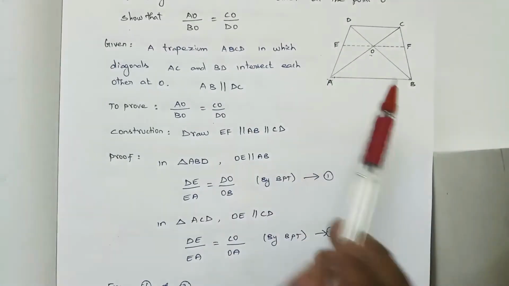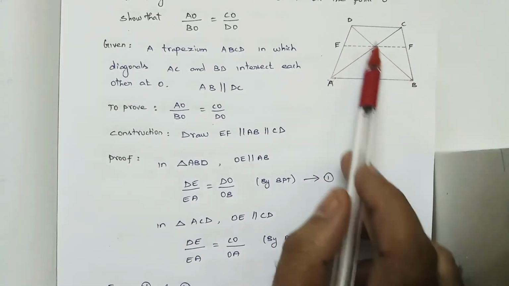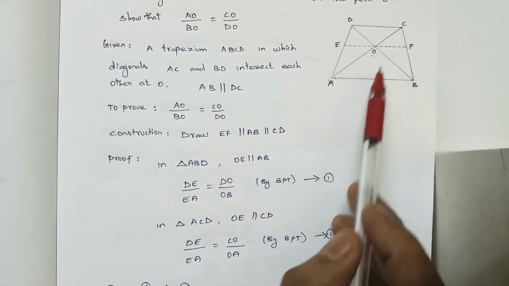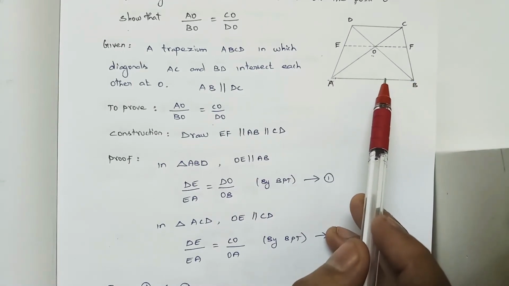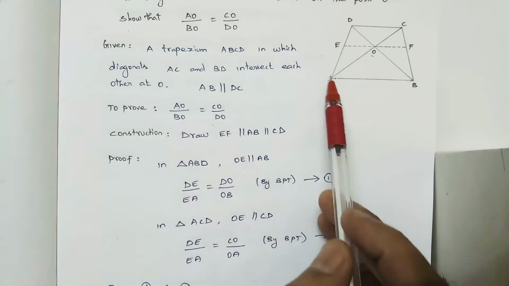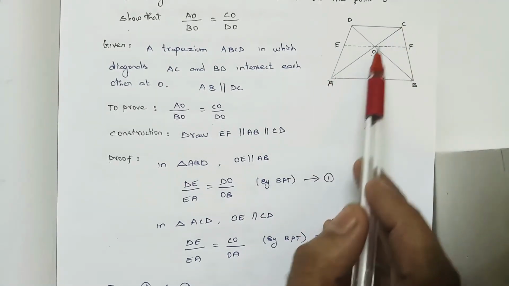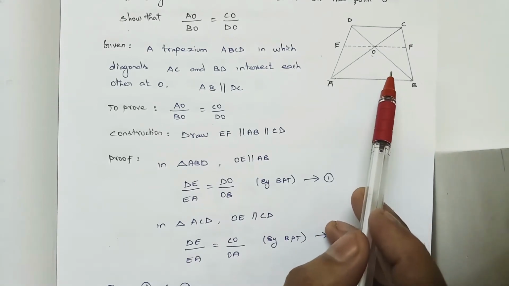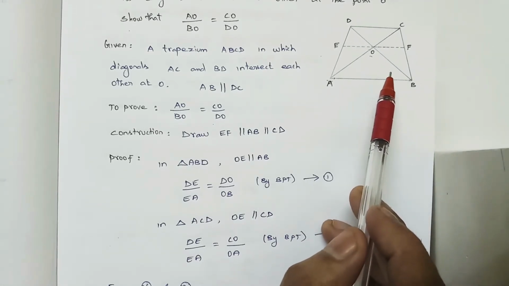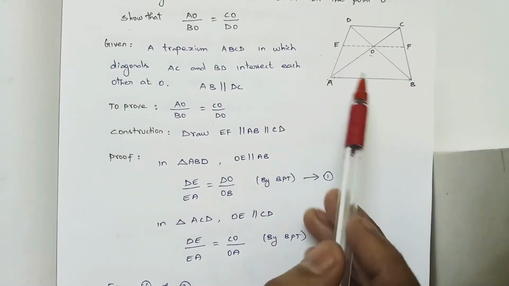Understood. See, before drawing this line, in triangle ABC, AB is parallel to which line? Nothing is there, right? Suppose I'm just taking this triangle BAC, are we having any parallel lines? Nothing is there, so we don't have any parallel line. For that purpose alone, I'm just constructing a parallel line. Now you can take a triangle.